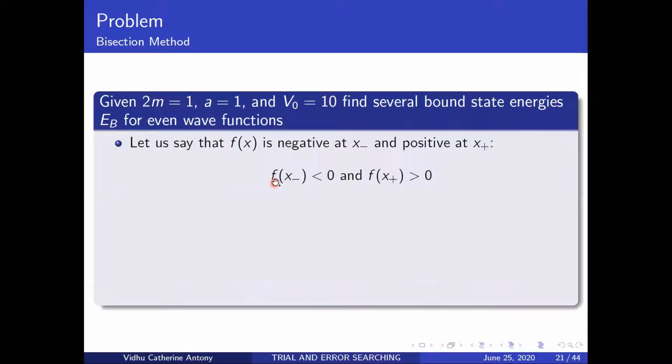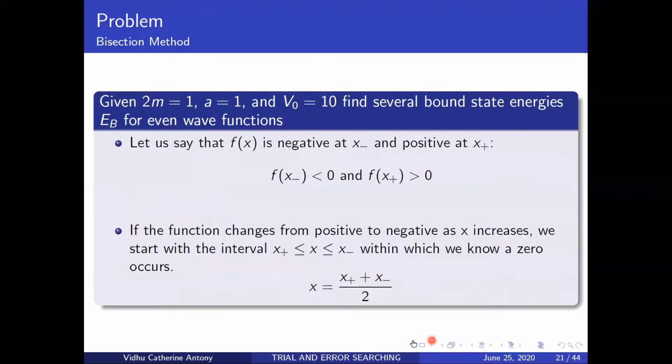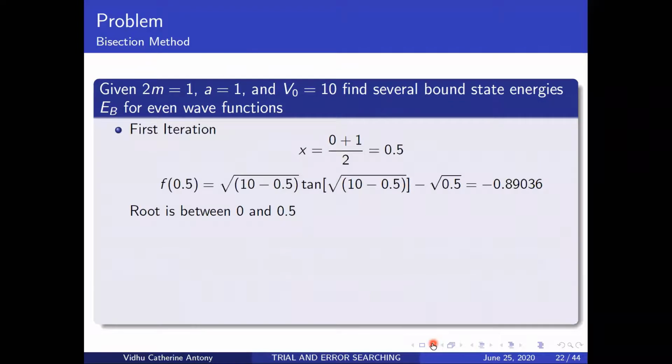Okay, so what we had is your f of minus x is less than 0, and you had an f of plus x is greater than 0. That's what we solved. We have a positive value, we have a negative value. Okay, so what do we do now? We have to bisect that interval. So you take x equals 0, which you got previously, plus 1, divided by 2. So what you're ending up with is 0.5. So this is your first iteration. Okay, so you have to similarly repeat this for the next iteration.